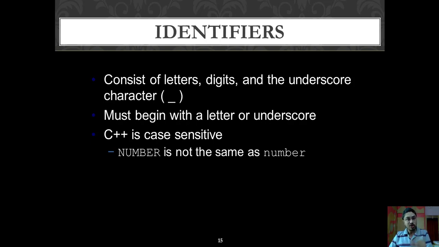So an identifier is used to identify something in the program, and more specifically, identifiers are used to identify memory locations when you create variables. Another use of identifiers is to identify functions. Functions are nothing but a collection of statements put together under a single block. When we want to identify this block by a name, we use an identifier. The function name we use is nothing but an identifier.